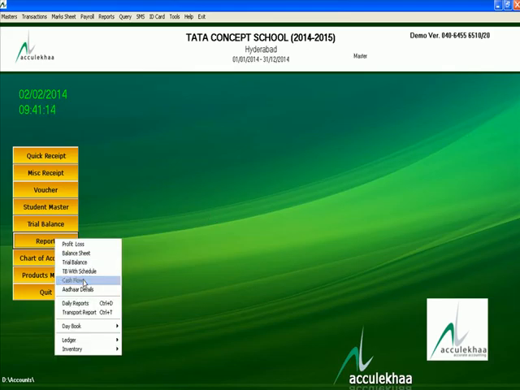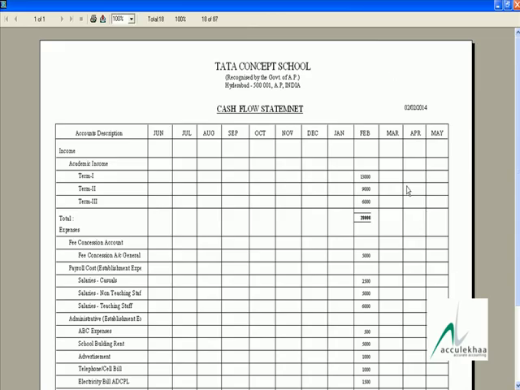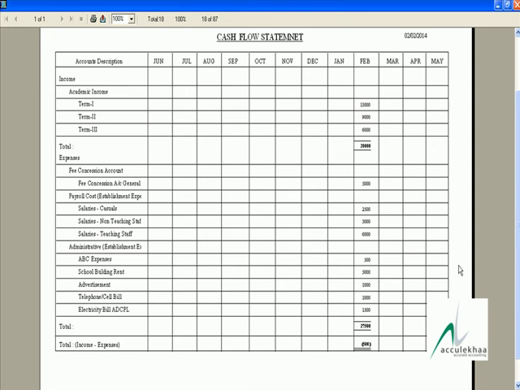Now the cash flow statement. Basically the cash flow statement is month wise, June to May. And this, the academic income, first term, second term, third term, 13,000, 9,000, 6,000, 28,000 income. Expenses, fee concession account 5,000.